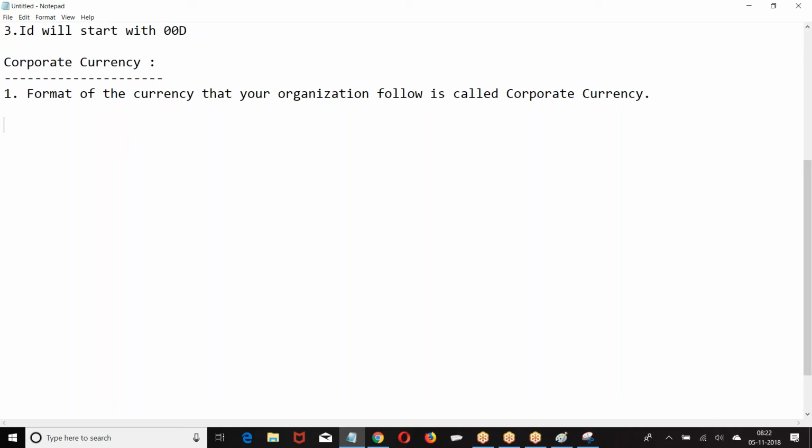Then next, when you are going for the company, you have created your trial version. Once you have created your trial version, your production is given to you. What are you supposed to do? Log in and manage your organization details. Maybe how many licenses you have purchased, what is the currency format, what is the language your company follows. All this data we are supposed to manipulate. Okay. So basically we are done with the basic information about creation of your trial account.